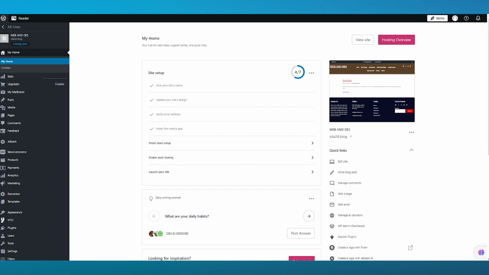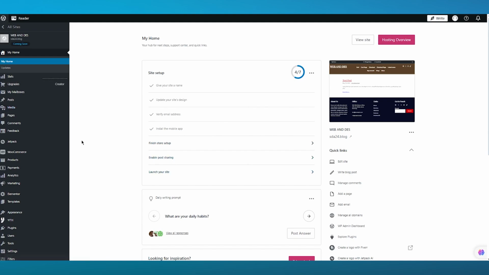Okay, so first of all, what you're going to need to do is it's a plugin. It's called Airlift that you're going to need to sign up for and download. Okay, so it's a plugin that you install on your WordPress website. So let's see how we can use this free plugin to improve the performance of our WordPress website.